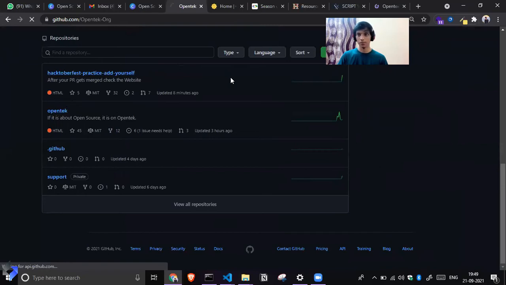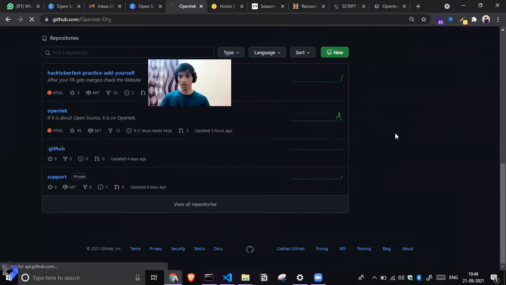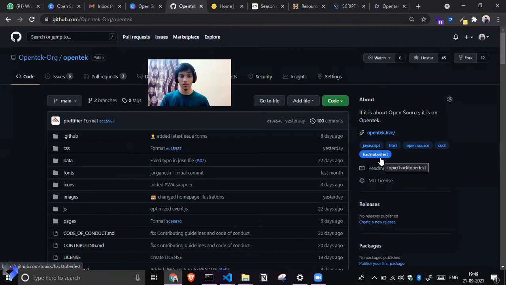You can see here the Hacktoberfest label under topics. Those repositories which have Hacktoberfest here are the only ones eligible for the Hacktoberfest event. The rest are not eligible, because this is the standard we have to follow.